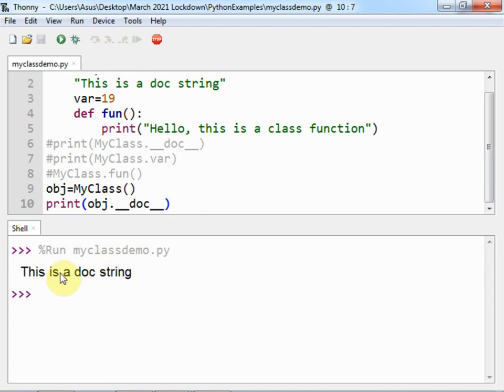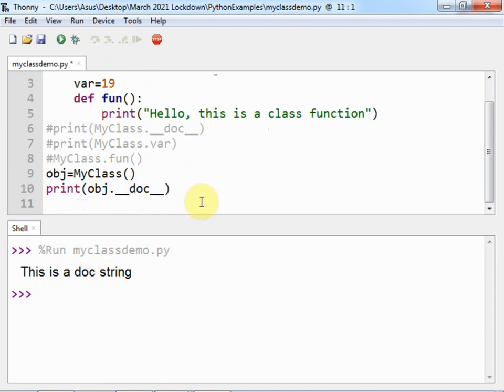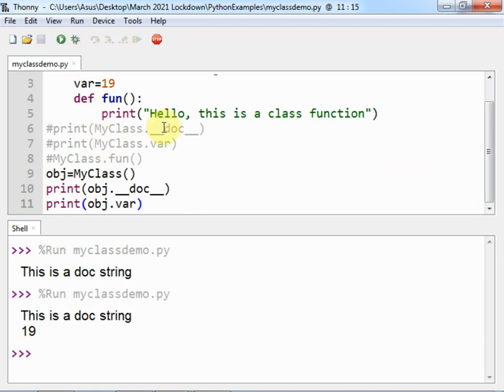Yes, it is printing the document string. Then we'll try to print the variable. So print obj dot var, run. So it is printing the value 19.